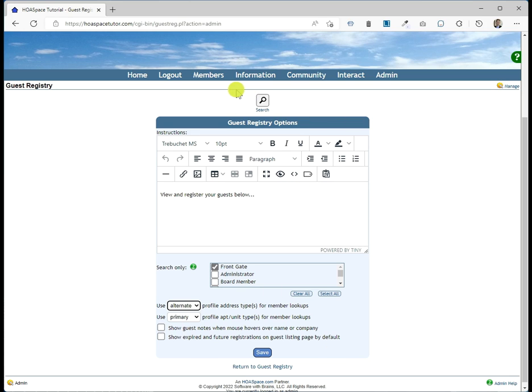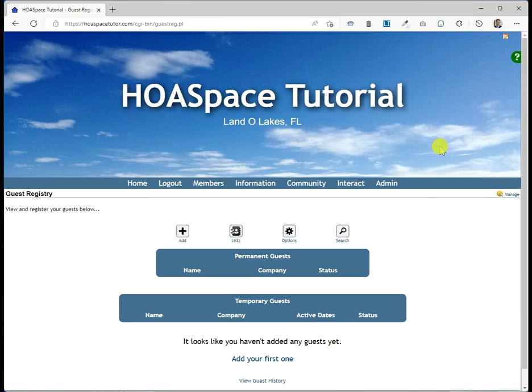Let's get into the actual app. I've added it to the members submenu here, which it's not by default, but you can do that through the menu editor. And if you're not familiar with menu editor, you can use the tutorial we have for the menu editor to get familiar with how to add a new item to the menu. So here we go into